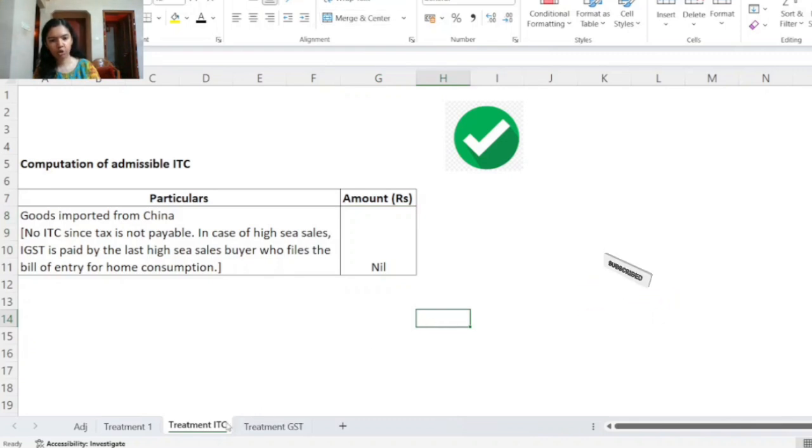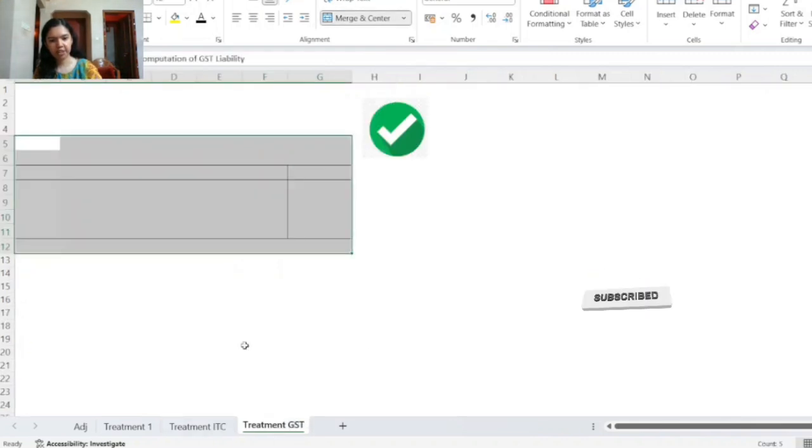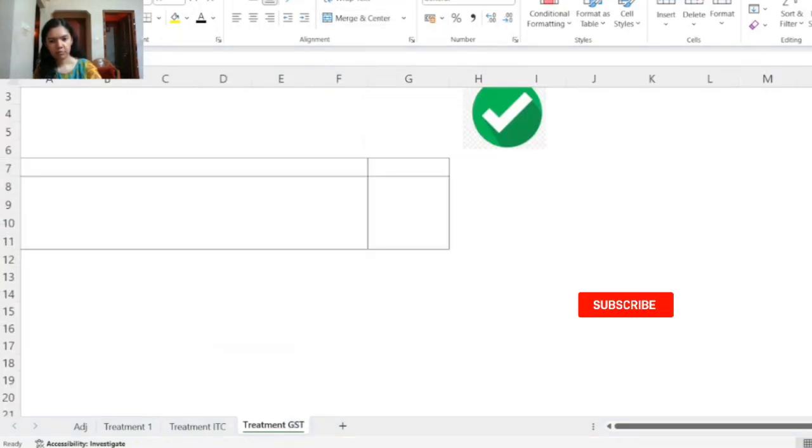If you do not show this at all, you will not get marks. Now let's see how to show the treatment of GST in this case. So let's understand the treatment of GST liability. As per Schedule 3 of the CGST Act, supply of goods by way of endorsement of documents of title to goods before clearance for home consumption is neither a supply of goods nor supply of services.